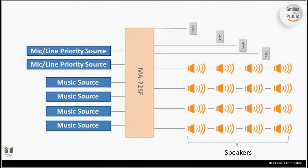Brief quick look at the line drawing for the MA-720F and how you might wire this up. In this case, you might have 2 priority mic line settings. So say maybe one might be a paging mic, the other might be a paging mic for different zones, or you might have a paging mic and a message repeater on here, or just 2 message repeaters. You basically have your heart's content as to how you want to configure that, and then any of 4 background